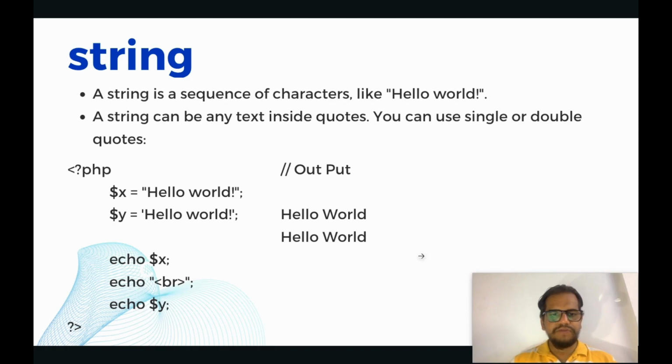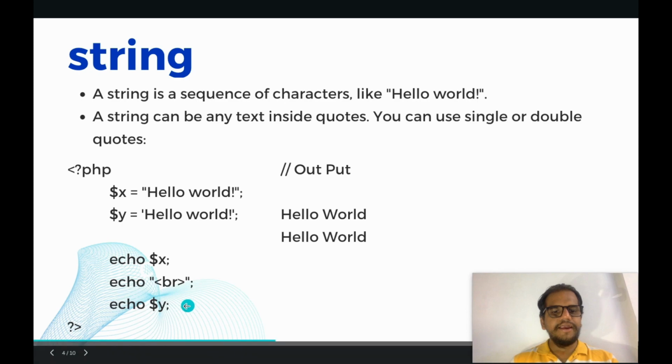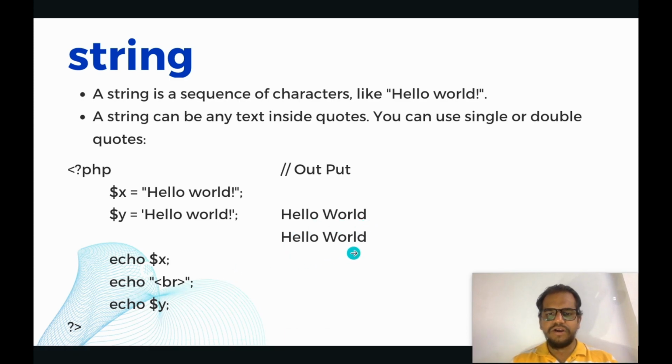So we can take one example here: $x equals "hello world" with double quotes, and $y equals 'hello world' in single quotes. So both are the same. We can check this also. We used echo $x, then a break tag to break the line and go to the next line for printing purposes, and then we used $y. Okay, so the output will be hello world and hello world. It means the output is the same whether we use double quotes or single quotes, and it comes in a similar format. So next,